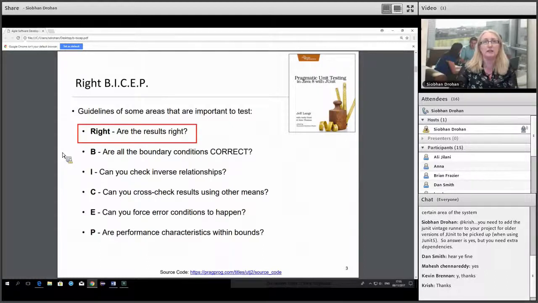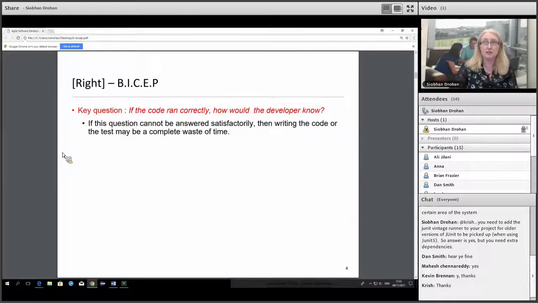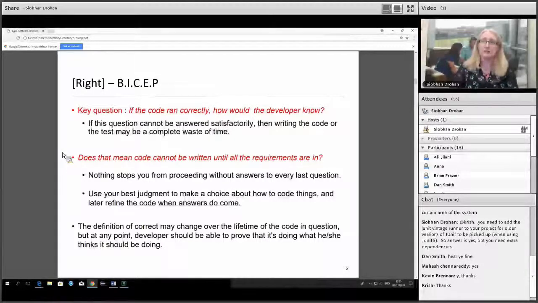So the key question: if the code ran correctly, how would the developer know? It's generally a good idea to know what we're supposed to be developing. Otherwise, it's kind of hard to write proper code. So does it mean if we don't fully understand what we mean in the code,